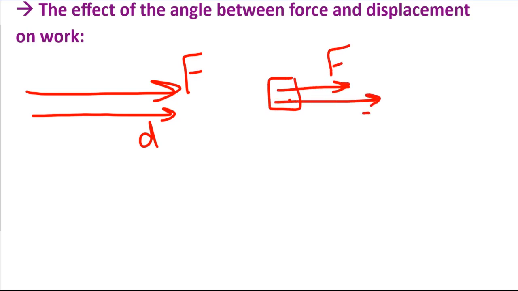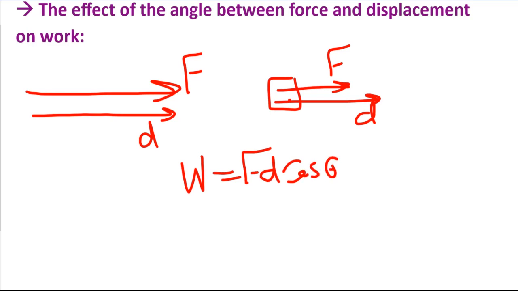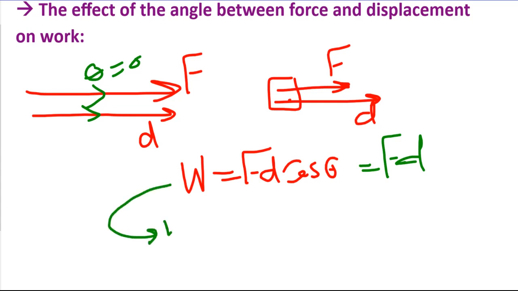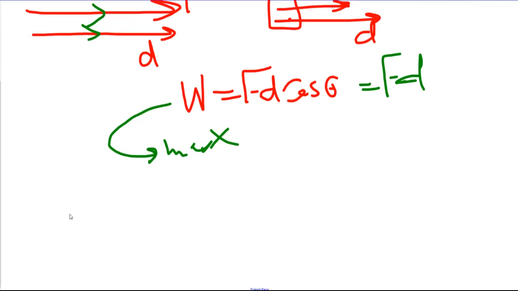a horizontal force. Here work will be F d cosine theta, and the force is parallel to the displacement, so theta is going to be 0. So work is going to be Fd, and it is the maximum work. Work done is maximum when the direction of force is the same as the direction of the displacement. The second point,